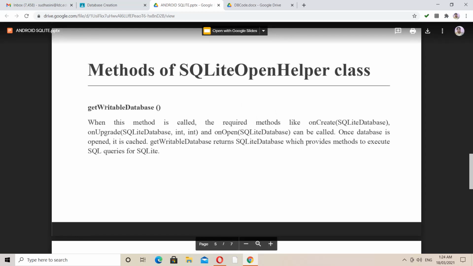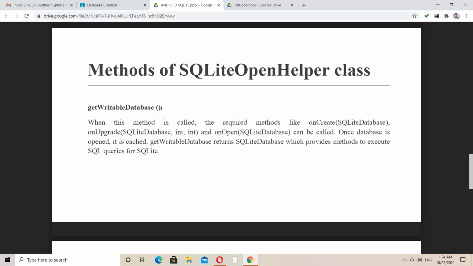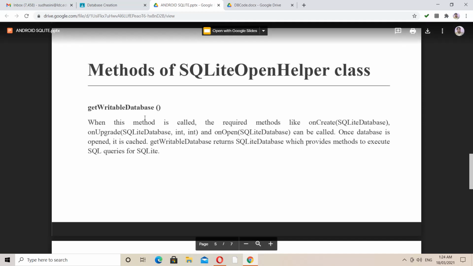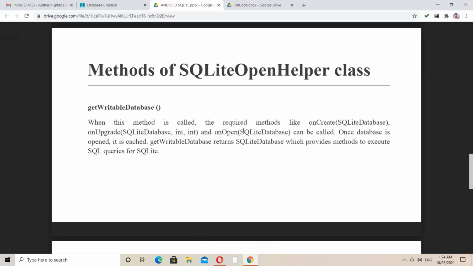Whenever we need to modify your application, we definitely have to make use of getWritableDatabase. Whenever you use it, onCreate, onUpgrade and onOpen will be invoked.